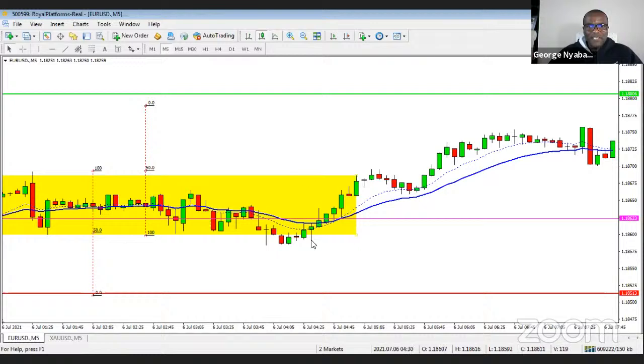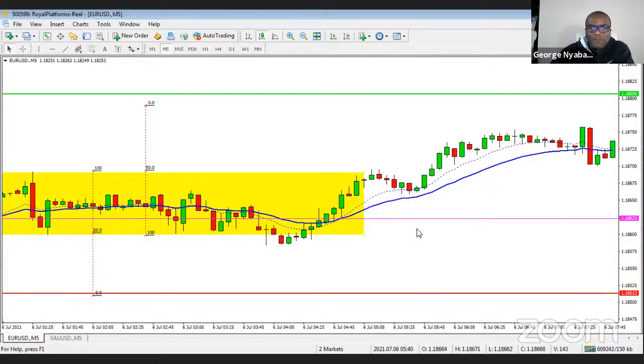Then right at that high, any bulls who initiated trades, we're not initiating trades at this particular stage, but if you initiated it, you have to take your trades there because you're trading a trading range from the low to the top. Okay, so that's why we've got a bit of pullback there.